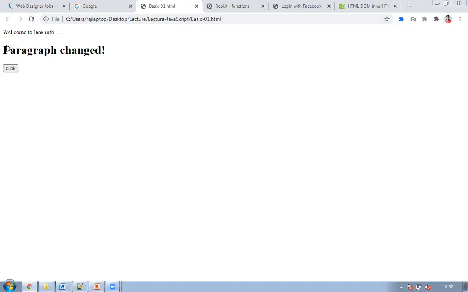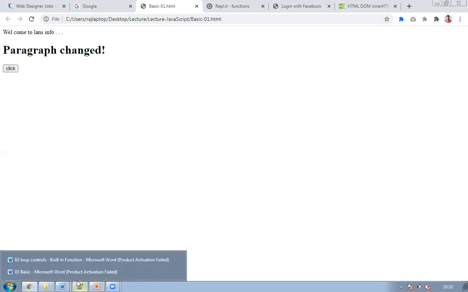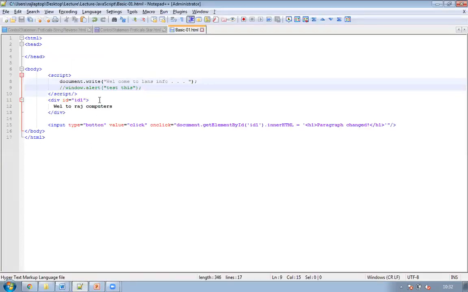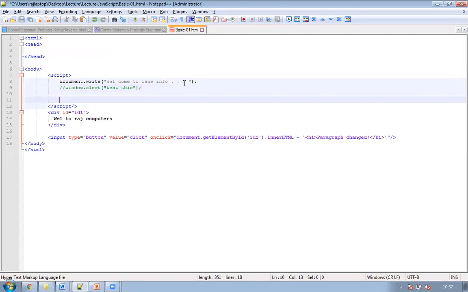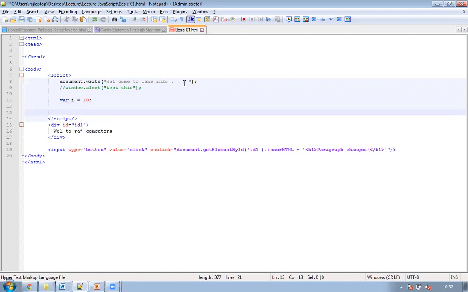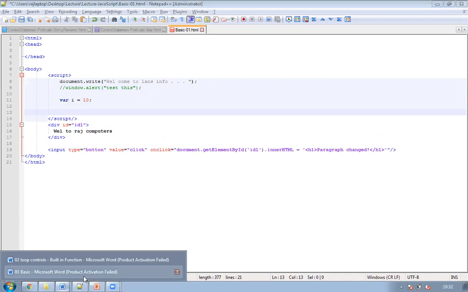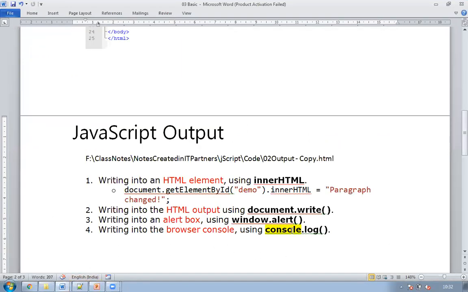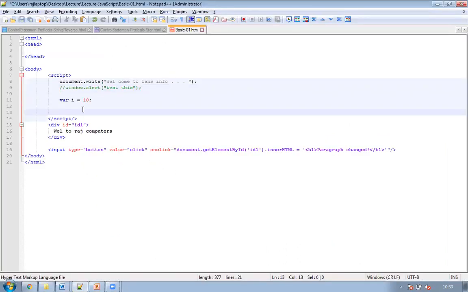Last is the debugging part. See what happens. Many times we write some code and we don't understand where the output we are getting is coming from. So I write a code. I define a variable here. I can say var i is equal to 10, and to display this value, so I'll be saying what? The last option. What is the last option here? The last option is debugging with console.log. It's very important. It is debugging in the browser.